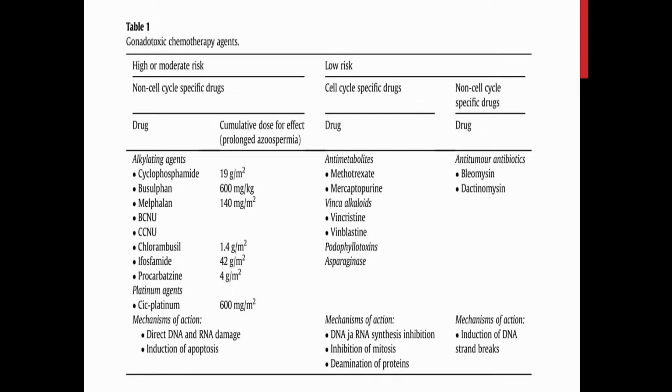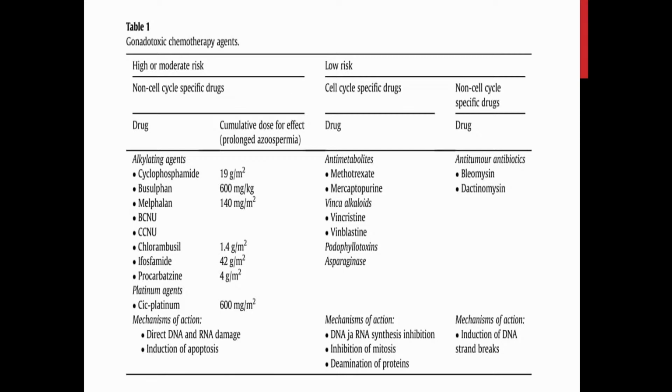So here we have the gonadotoxic chemotherapeutic agents. We have those with a high or moderate risk for reducing fertility, and we have those with a low risk of reducing fertility. Those with a high risk are usually non-cell cycle specific drugs. For example, we have alkylating agents like cyclophosphamide, busulfan, melphalan, chlorambucil. You have platinum agents like cisplatin, and the mechanism of action is usually direct DNA and RNA damage, and they